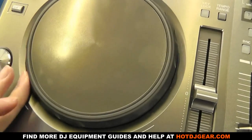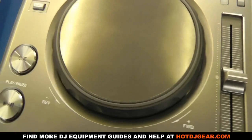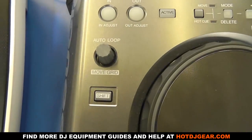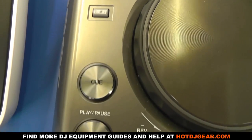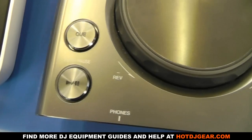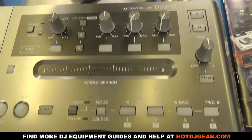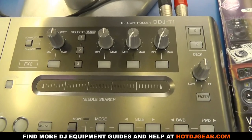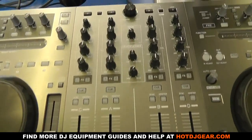Like new CDJs, the jog wheels have lights around the edge to help with mixing and track markings, and these work great for scratch DJs as they have motion after you let go and a great virtual vinyl feel to them. Then we've got our standard cue and play buttons there, and they've got a nice build quality to them as well. The deck on the other side is identical,